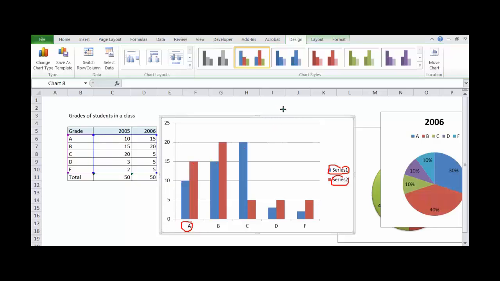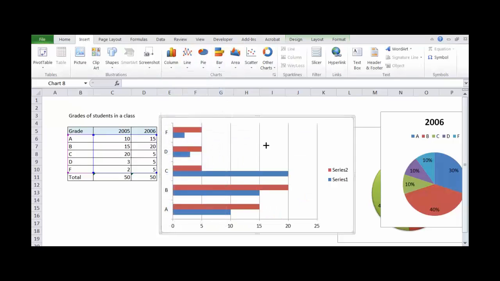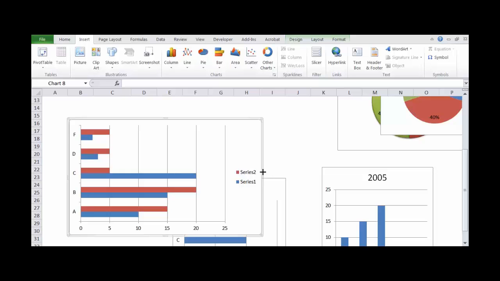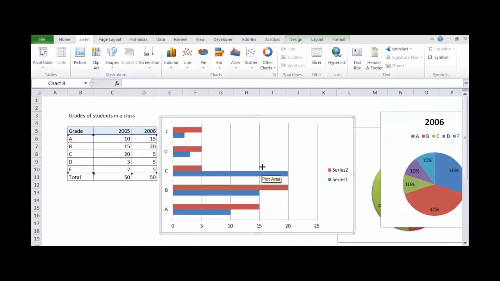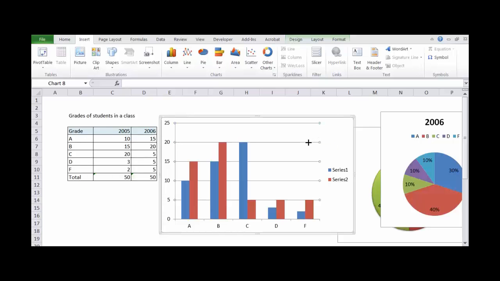So a bar chart also you can draw with the same set of data. You can draw the bar chart also. Both will give you a similar understanding. Whichever way you want to present, you will get a similar understanding. Right? So the idea is very simple. When you have to represent percentages and all the values add up to 100%, use a pie chart. When you have to represent values over periods for the same group of data, you use the bar chart or the column chart. Right? That is the way.